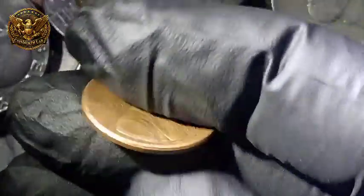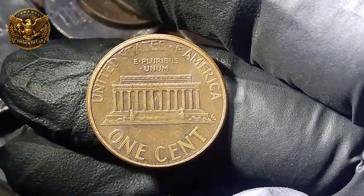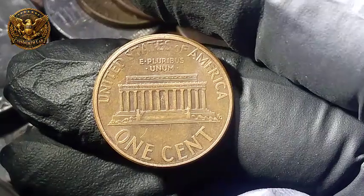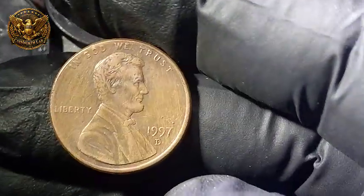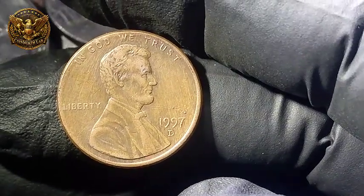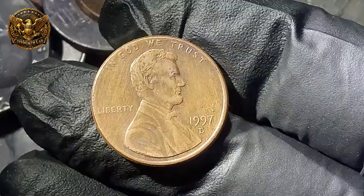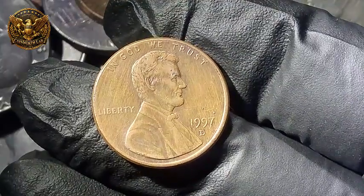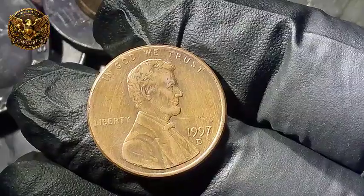Hold the coin at an angle and look for shadowy duplicate letters. An unusual color that's slightly different from normal pennies, either more golden or more silvery. This indicates the wrong planchet composition. And any weird shadowy images or doubling on the reverse Lincoln Memorial side, particularly images that seem offset or out of place. Third, if you find a coin with even one of these features, have it examined by a professional,